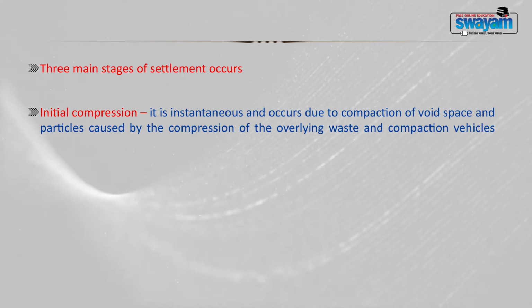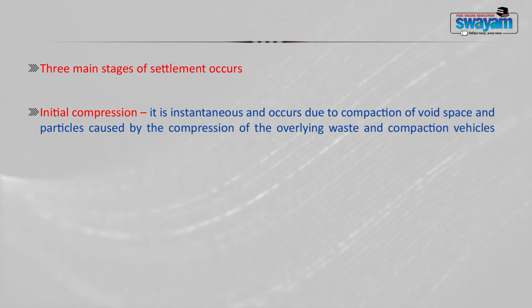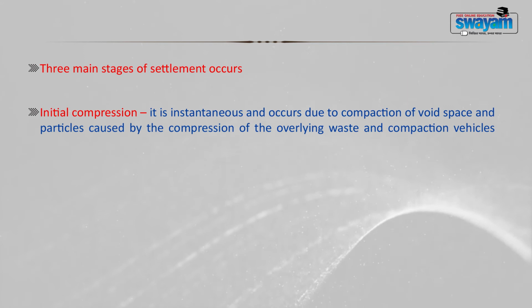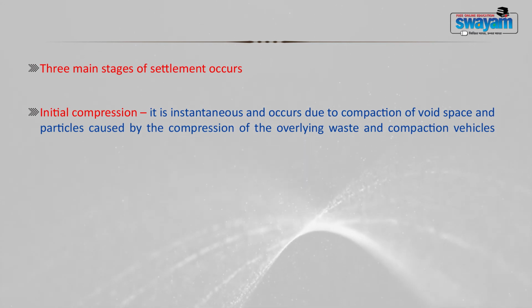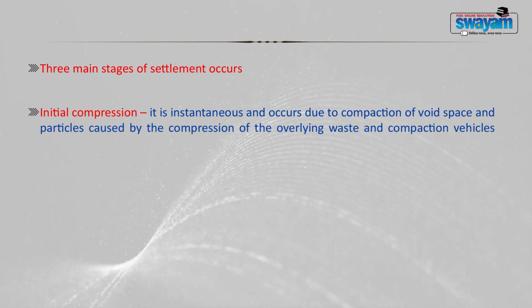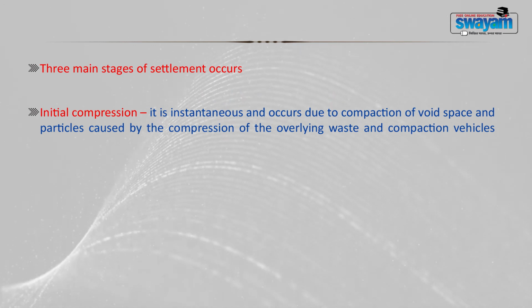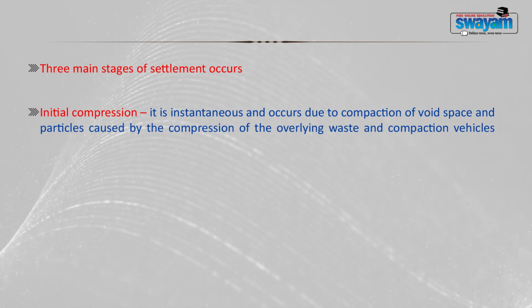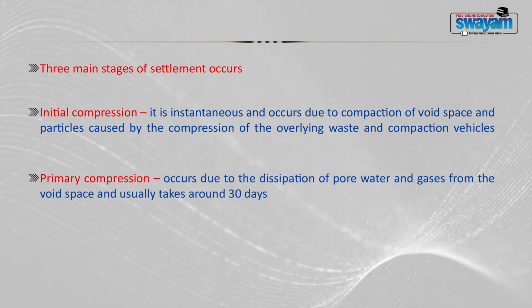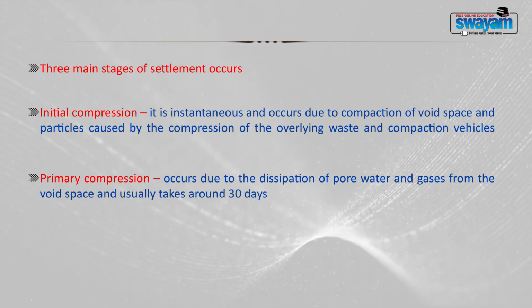Then also the vehicles which carry this waste over this landfill area create compaction, because these are heavy tired vehicles, and when they move over the waste, they again create pressure on the lower layers, and this results in compaction. The second type of settlement is your primary compression, which occurs due to dissipation of pore water